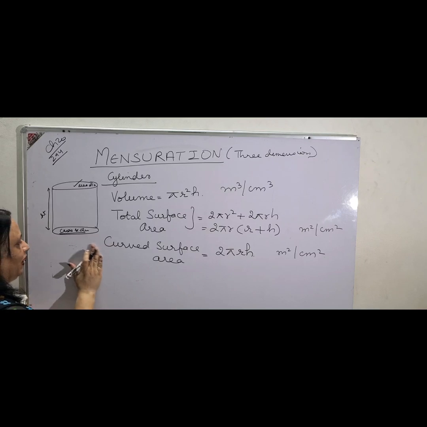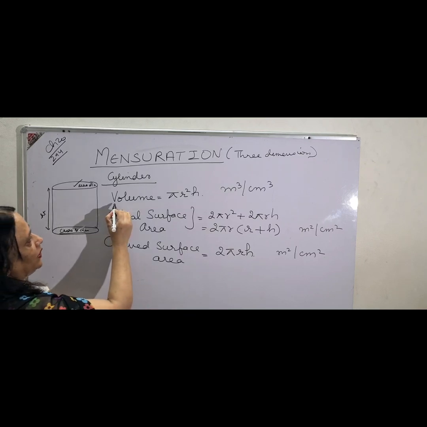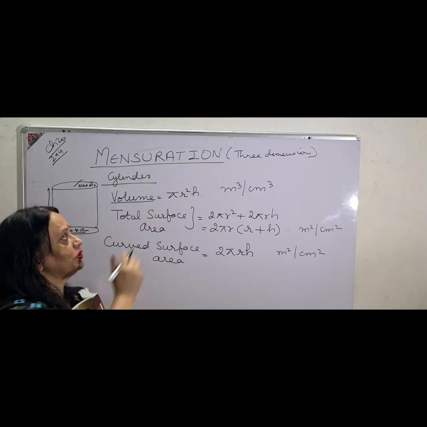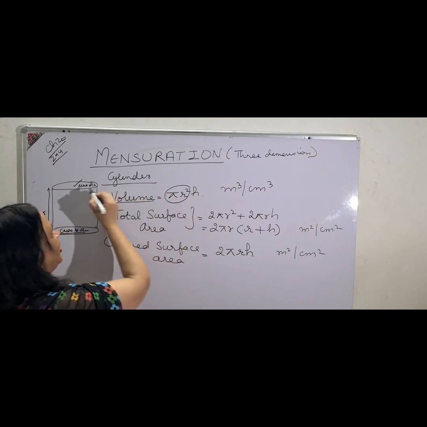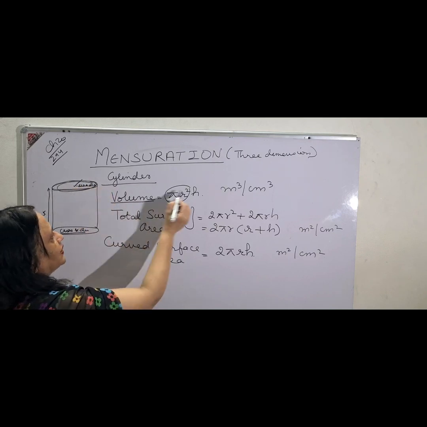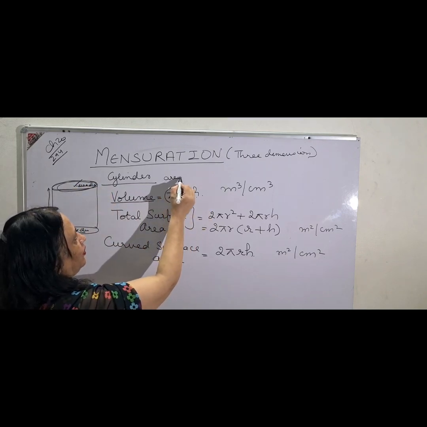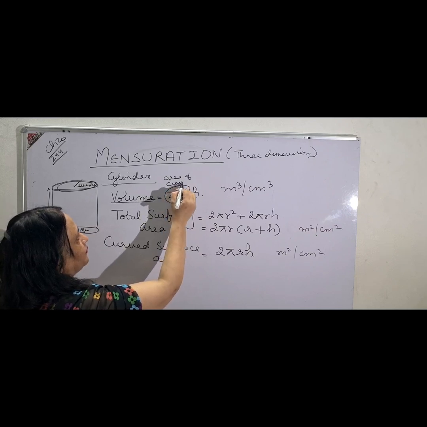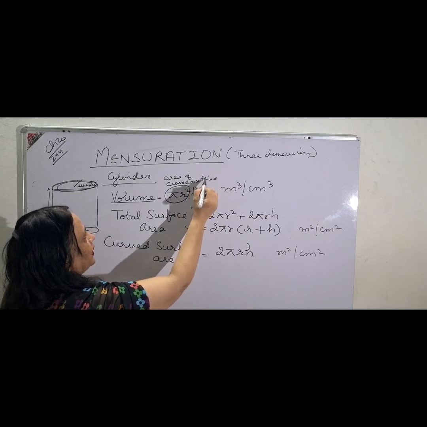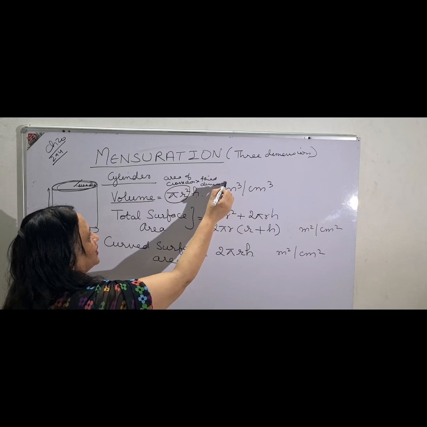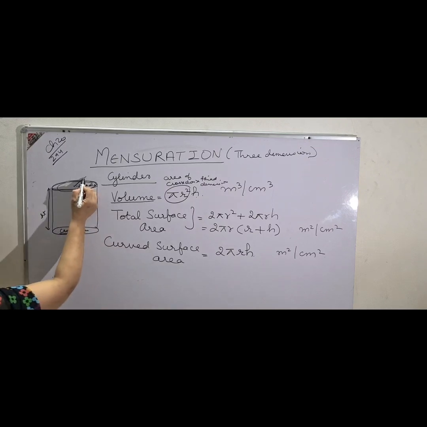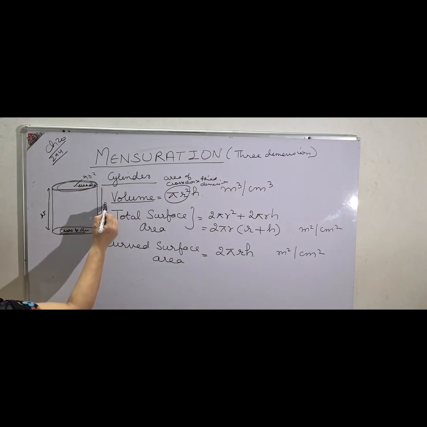So now I am going to explain the formulas to you. See children, the first formula which you are going to follow is volume. As the word volume means 3 dimensions, so this is pi r square, and this is the area of cross section, because it is in the form of a circle, into h, area of cross section into the 3rd dimension, that is height. Please understand the formula. Instead of cramming it, you better understand. Pi r square, this is the area of cross section, into h, this is volume.